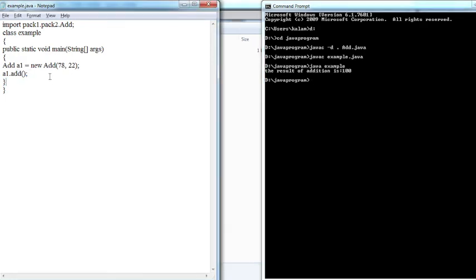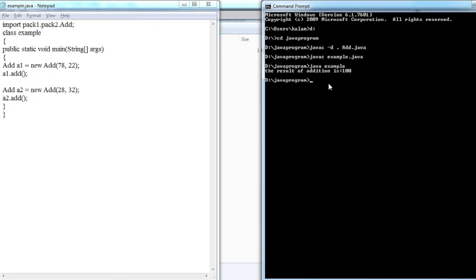Now let's create another object. We have to change the name of the object reference to a2, because we cannot have the same object reference. Let's make it 28, and here 32, so that we get concrete numbers. Now let's compile.